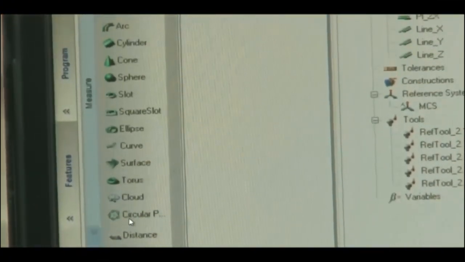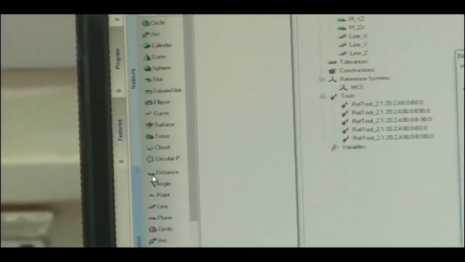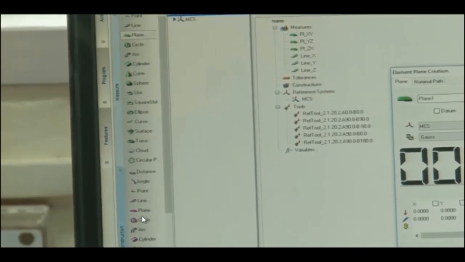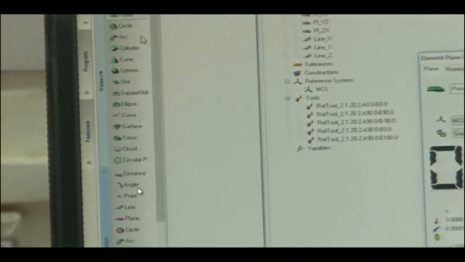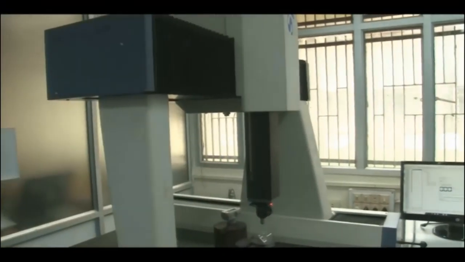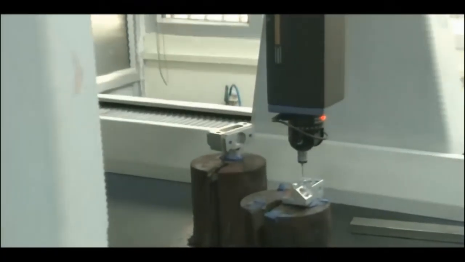Free form surfaces are when we just measure the free forms. Then we have distance, angle, point. These are the construction measures. What we need to measure, they measure the plane, they measure the line. So this is general measure. Okay, that was construction. Then we have various other tools like 3-dimensional forms, etc.